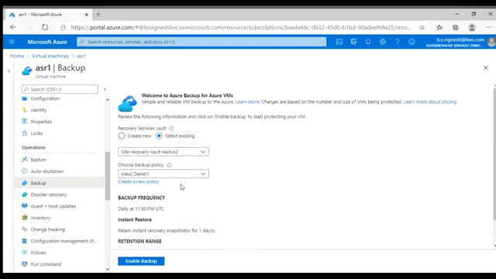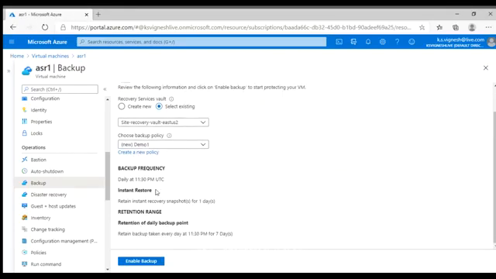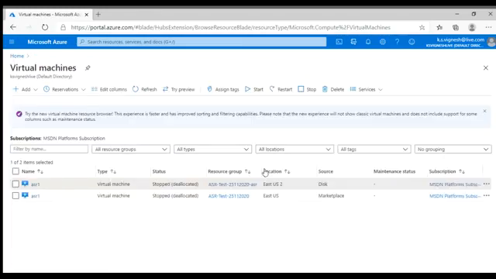So my policy name has been created. This is the policy details, and if I click enable backup, the recovery services vault will be created, and the backup will be enabled for this particular virtual machine that I have chosen to take a backup. Okay,